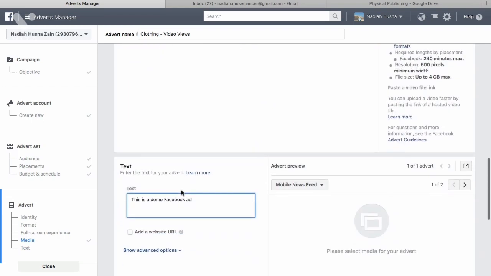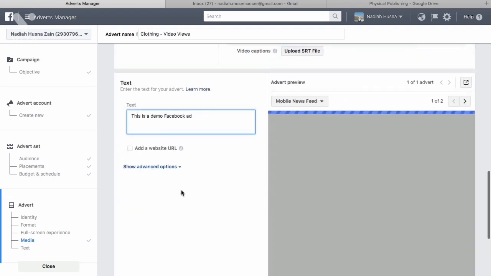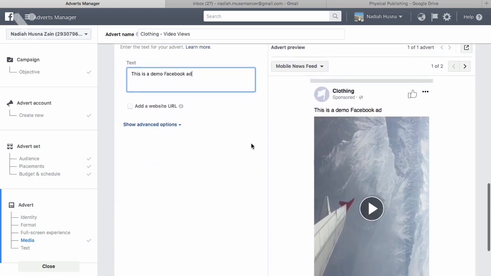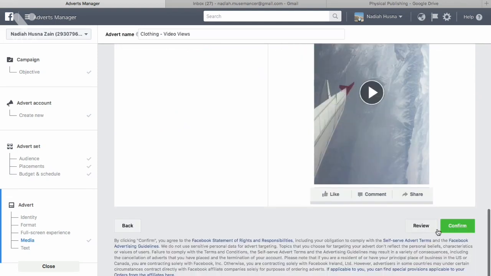You'll be able to see the preview of the ad on the right side. When you're done, click Confirm and you've successfully created your video ad.